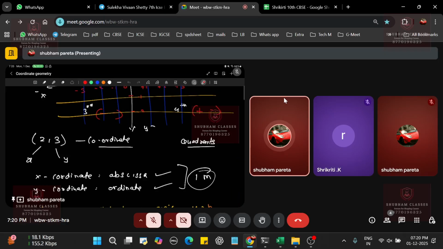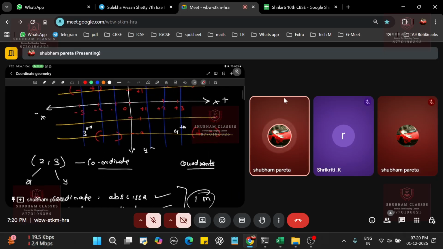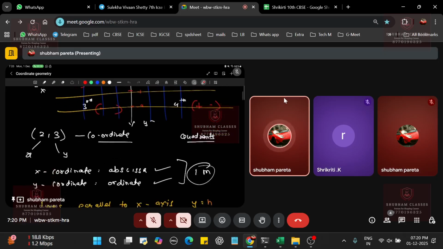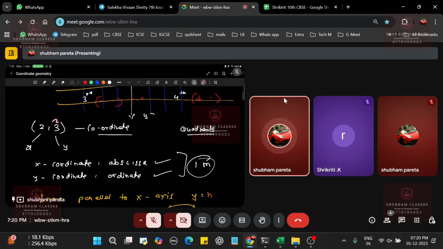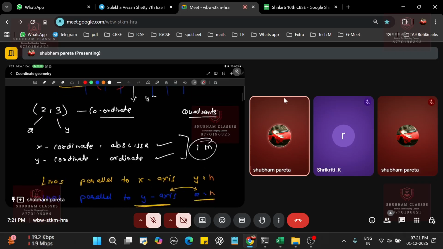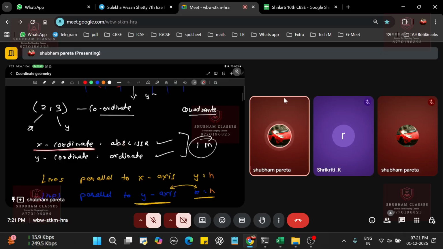Now, other than that, what are the other things that we can see? The other portion that we can see is the coordinate over here. If I wrote, for example, 2, 3, so if I am writing down 2, 3 over here, so what is 2 and what is 3 over here? 2 is written on x, 3 is written on y. So the value of x is 2, the value of y is 3. Is it? It is like this. The x coordinate is called abscissa, the y coordinate is called ordinate. This is abscissa and ordinate.